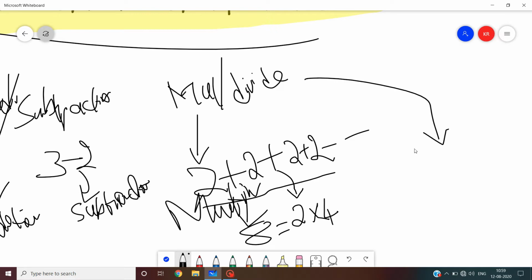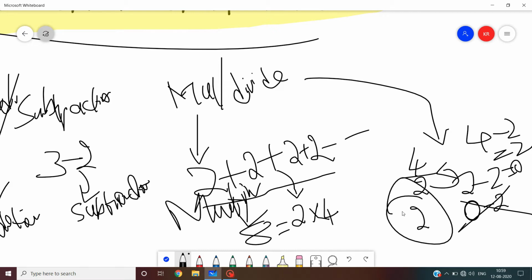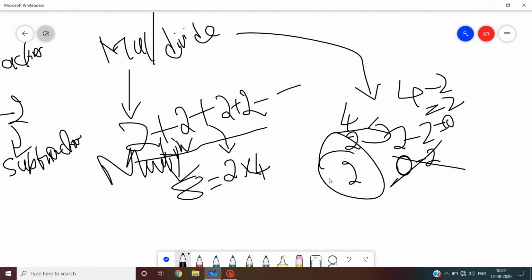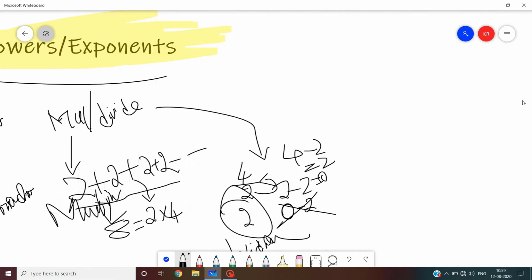So what is dividing? Dividing is nothing but repeated subtraction, right? 4 minus 2, we get 2. Again 2 minus 2, getting 0. So we cannot remove 2 from 0, right? So the number of times I can subtract 2 from 4 is 2, and that is our final result. The process of dividing is called division. So these are our basic mathematical operations.